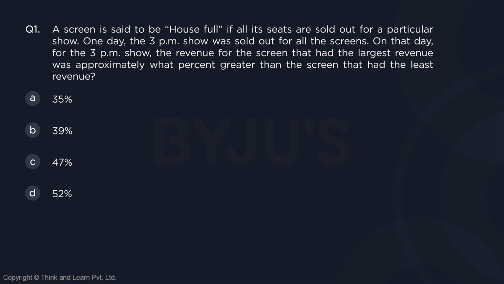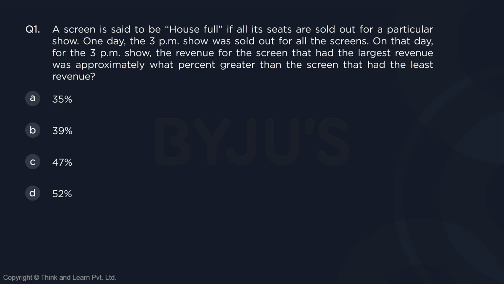So unless the questions are very tricky, the set will be very easy, correct? So if you look at the first question, for example, the screen is said to be house full if all the seats are sold out for one particular show. So one day 3 p.m. show was sold out for all the screens. Now on that day, for the 3 p.m. show, the revenue for the screen that had the largest revenue was approximately what percent greater than the screen that